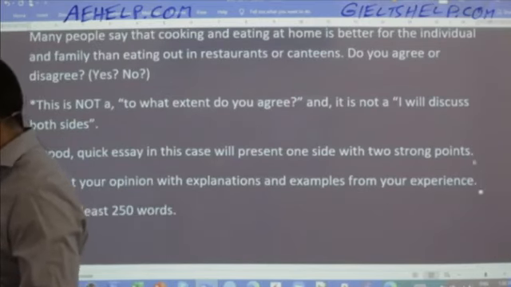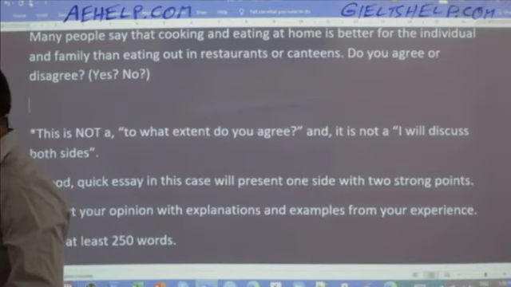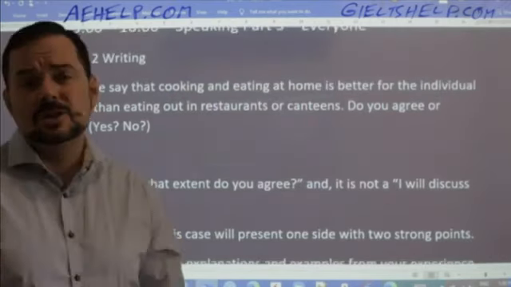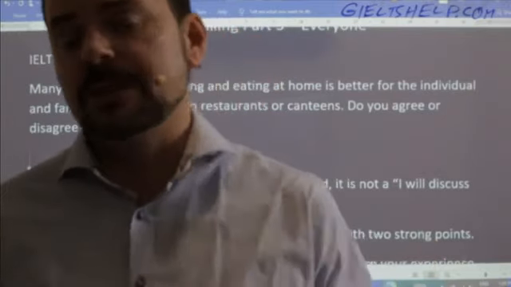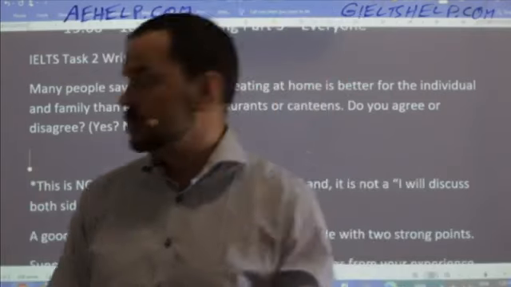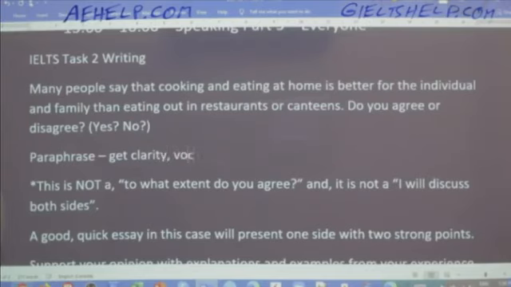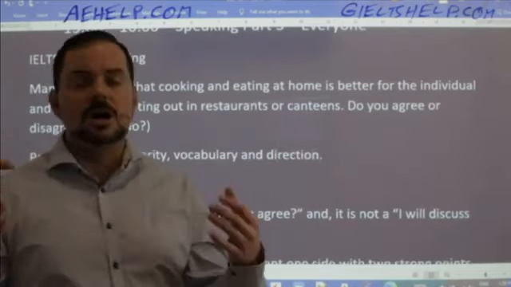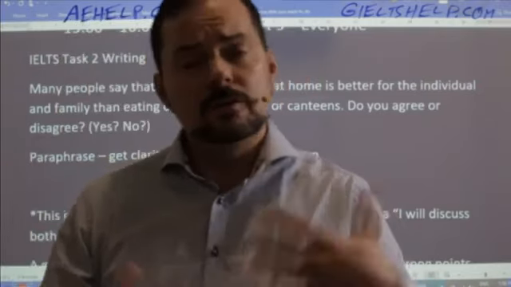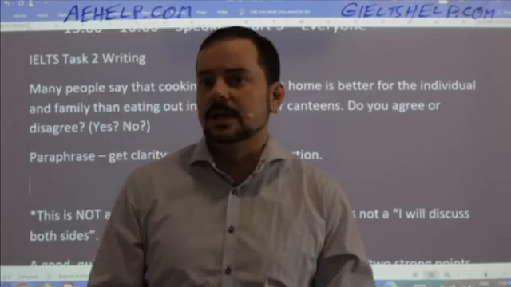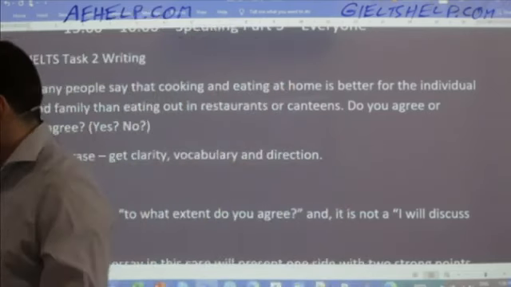All right, so let's make sure that we understand this clearly and get some good ideas. And this is one way to have further clarity on your argument. Again, band 9 argument, right? And your approach, okay? So let's paraphrase this. Get clarity, vocabulary, and direction. Okay? That's why you're paraphrasing. So you can gather your thoughts, you can focus on the question, you know where to go, and you think of some words that can be useful in your essay. Okay? All right, so